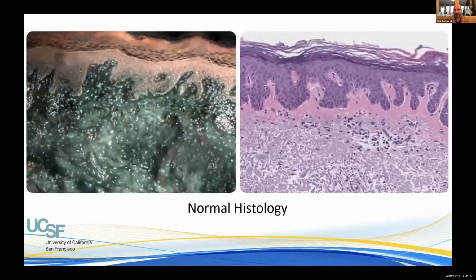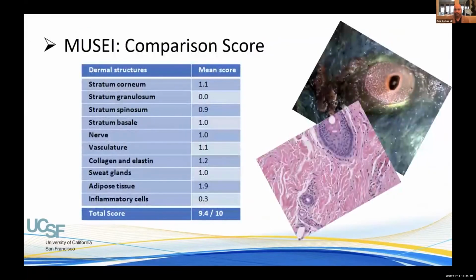So here is another skin. I won't go through all of them. We scored each component of the skin separately to see how strong Muse microscopy is in differentiating, diagnosing, or finding these elements. For example, for stratum corneum, Muse microscopy scored 1.1, even better than the traditional H&E method. And overall 9.4 out of 10, which is very close, and it was a surprise for us how well it can show the